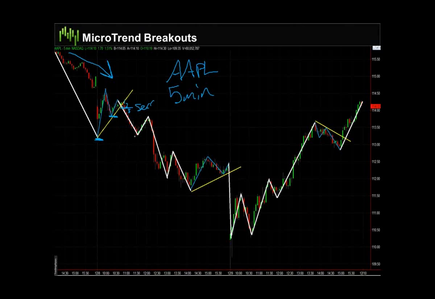Here's another one. We put in another higher low compared to the previous major pivot low, which was down here, within the context of an overall downtrend. So we'll draw our trend line. There's our trend line going across those lows. Here's our short. Now this is why I sell on the break as opposed to waiting for it to actually close through the trend line. If you sold on the break right here, then your entry is at about 113.25. If you waited until it closed, you're now entering at 112.75. Okay, so you have 75 cents that you missed.